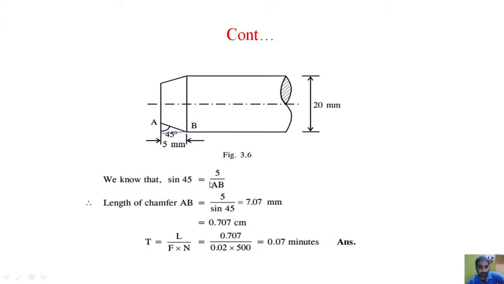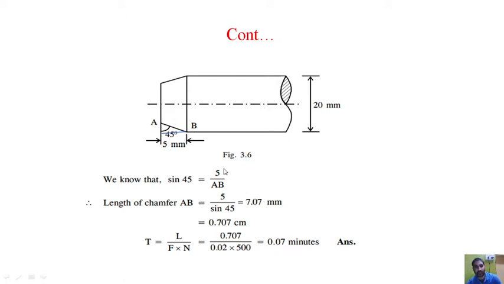So using sin theta, sin theta is equal to opposite by hypotenuse. Here the angle is given. The opposite length is 5 mm, because the angle is given in this direction. AC is the adjacent, whereas AB is the opposite... Here, if you put C, A, B, C, AC is the adjacent, whereas AB is the hypotenuse, because the angle is given here.